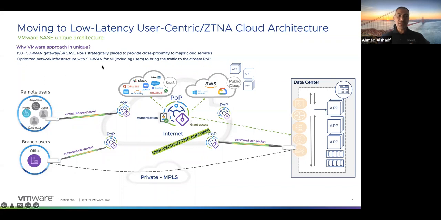Okay, and we have this for the SD-WAN. We also have the secure access, which is a remote solution for the remote users who don't have SD-WAN. But again, that traffic will also be terminated in the same point of presence. This gives the customers one location to replace their data center, yet have all connectivity requirements, all security requirements, and high-speed connectivity. That's the unique part of the solution, the architecture, what makes us different than anybody else.